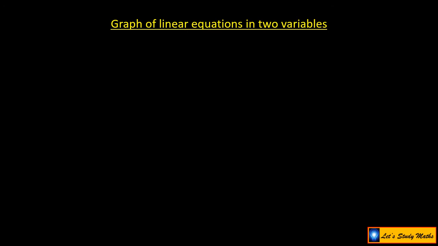Okay students, now we'll see how to plot the graph of a linear equation in two variables. So already we have studied how to plot the points, in the sense coordinate points in the Cartesian system in the coordinate geometry chapter. With the help of that we can plot the graph of the linear equation in two variables. So here we'll follow some steps to plot it. So just see, the method to draw the graph of a linear equation in two variables. So we'll consider one example. With the example we'll see what the steps are.